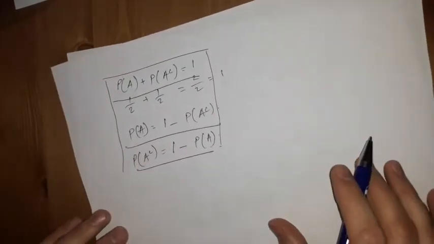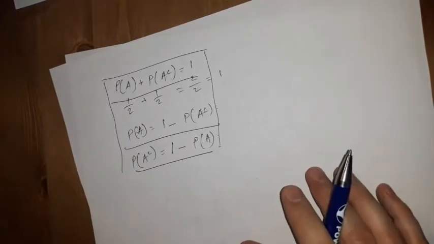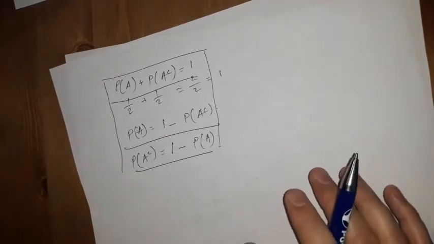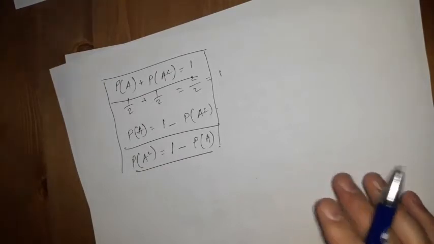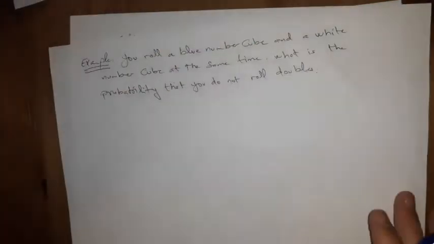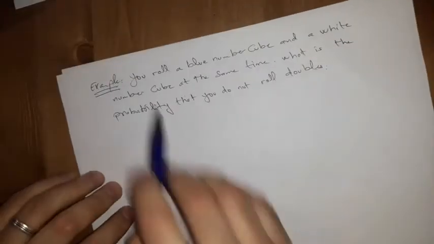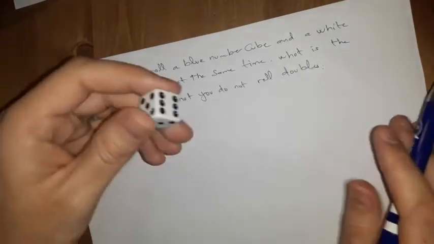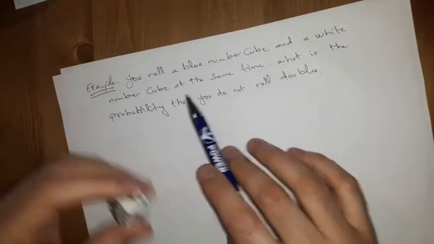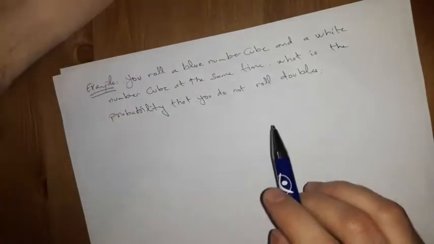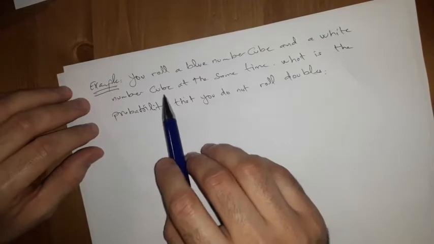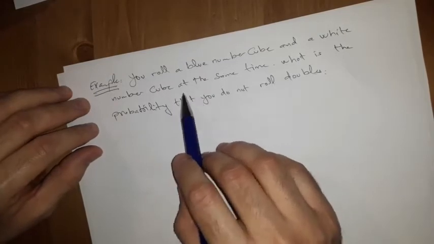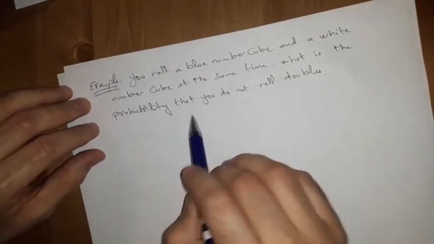I think we have another example that we can understand better about using the complement of an event in a problem. So let's check this problem right here. The problem says: you roll a blue number cube, like a dice, and a white number cube. So it's two dice, one is blue, the other one is white, at the same time. What is the probability that you do not